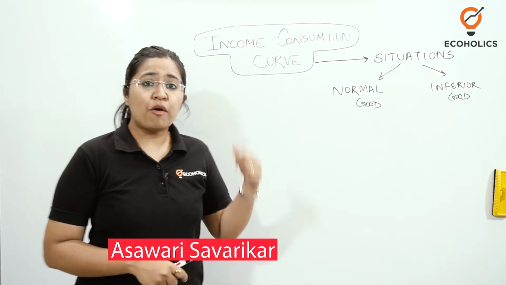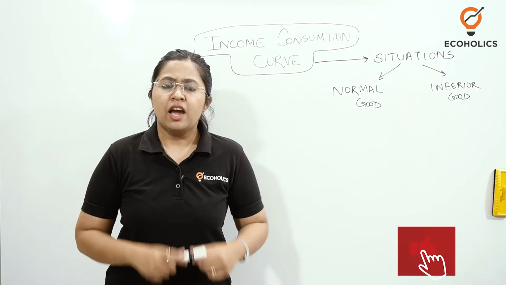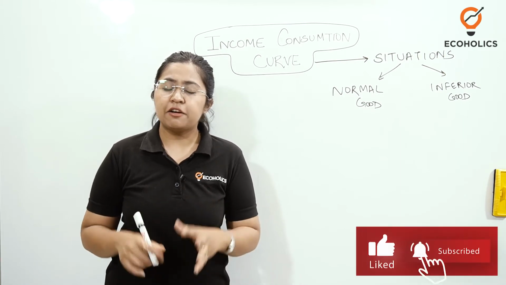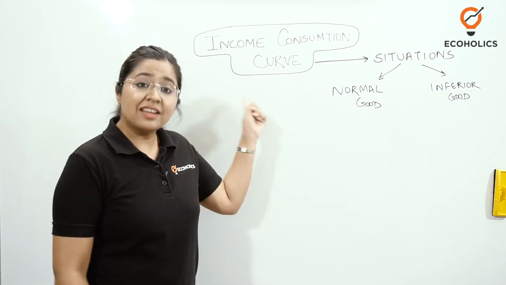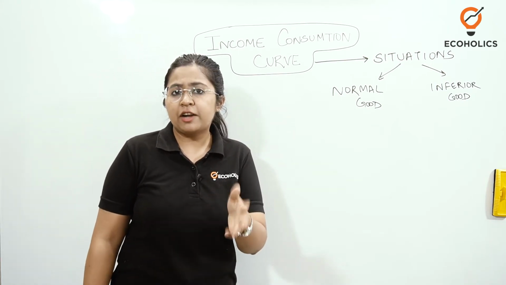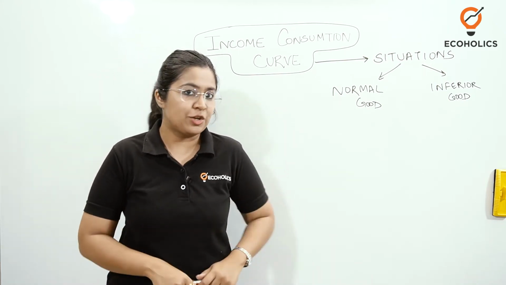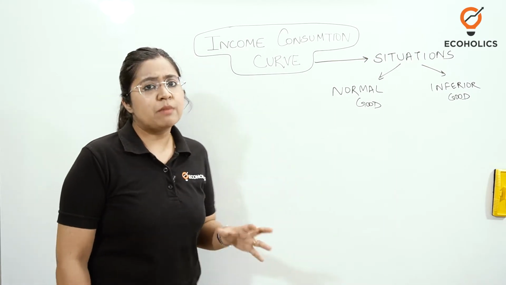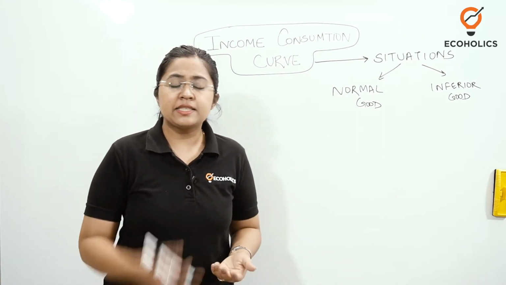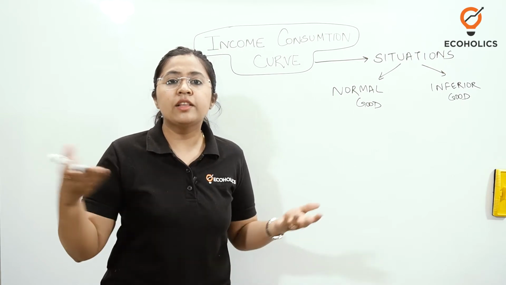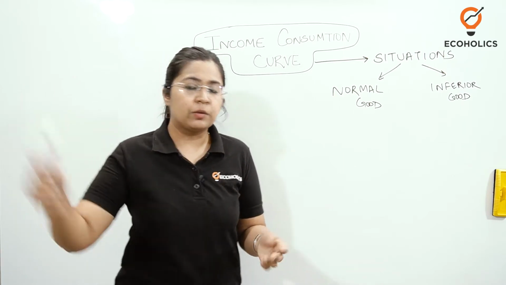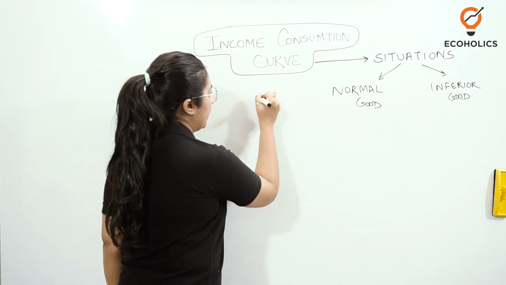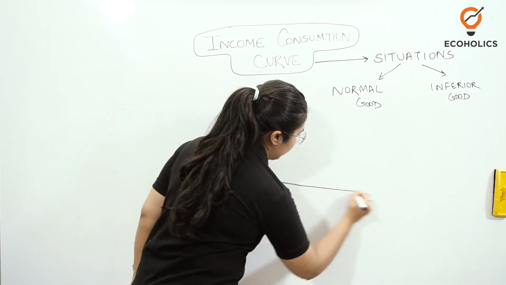Lecture series of microeconomics concepts. Now today we are going to understand another very fundamental and a very important concept, that is regarding the income consumption curve that we just understood in the last videos. Now, income consumption curve basically is the adjoining of all the equilibrium points throughout the consumer's equilibrium that we had understood by the diagram like this.